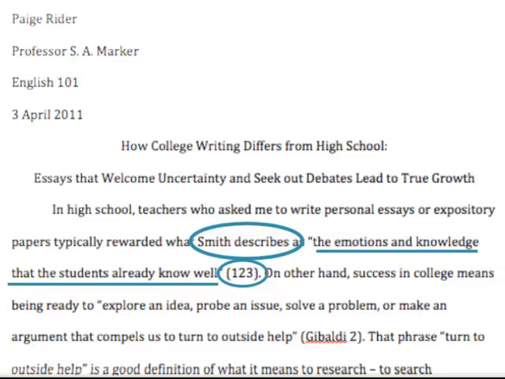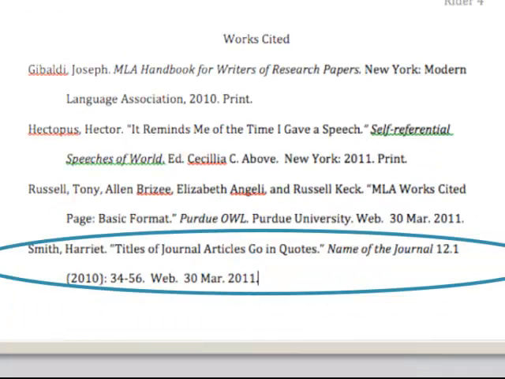However, there are a bazillion Smiths. It's not like Zepp. There's not actually too many Zepps. So you might be able to find something that I wrote a little bit more easily. But there's a bazillion trillion Smiths in the world that have written something. So what you need to do is have a works cited page. The reader would say, if I want to find this particular quote, I look at the works cited page and see, oh, it's by Harriet Smith and it's an article called "Titles of Journal Articles Go in Quotes," and the journal is called Name of the Journal, and it gives the particular page numbers right there. So these two things work together to help the reader understand where a source came from.